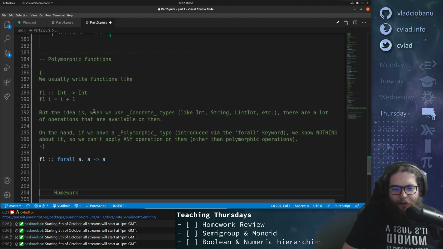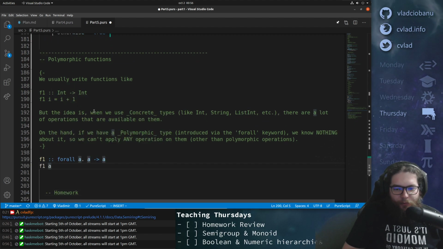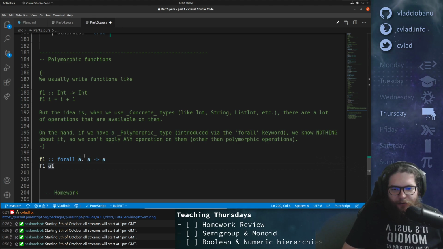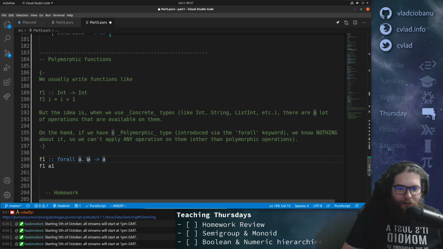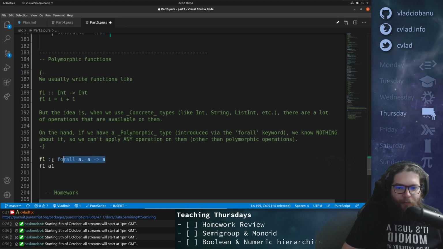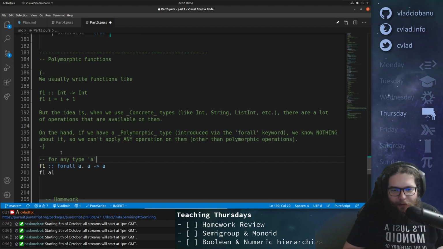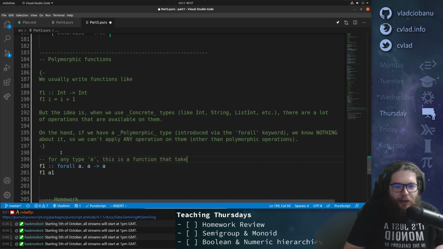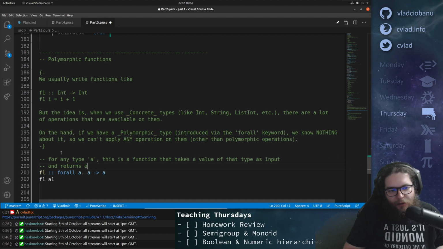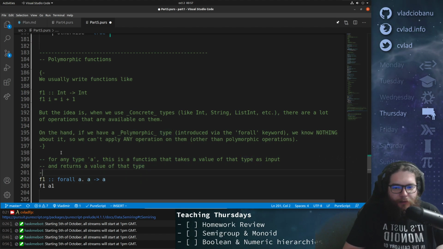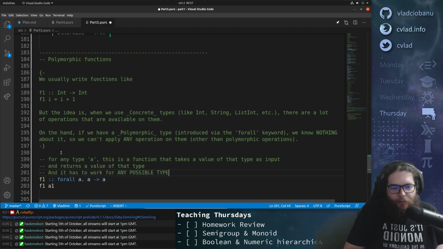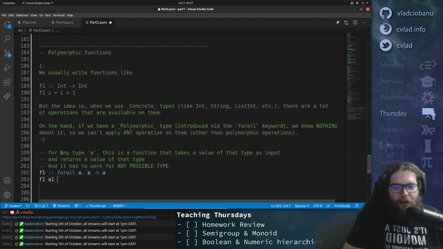So what does this mean? Here, f1 gets an a as an input, some a1, for example. Because this is a type, this is forall type a, a function from a to a. How do we read this? For any type a, this is a function that takes a value of that type as input and returns a value of that type. It has to work for any possible type. So if I take an a1 as an input,